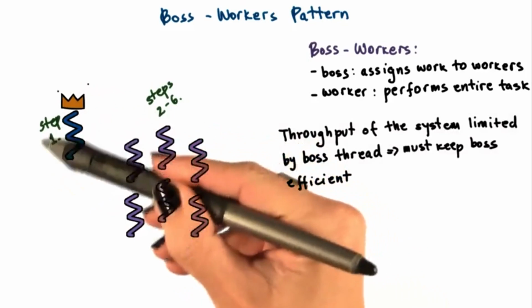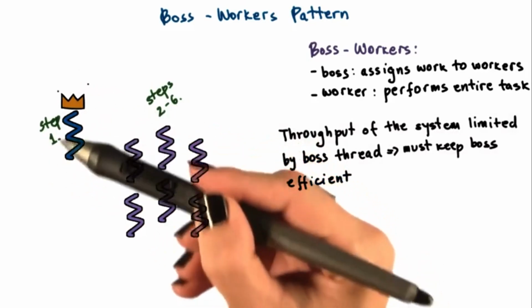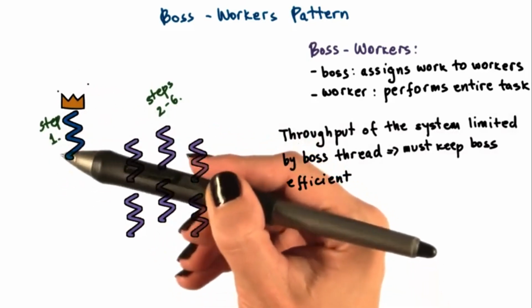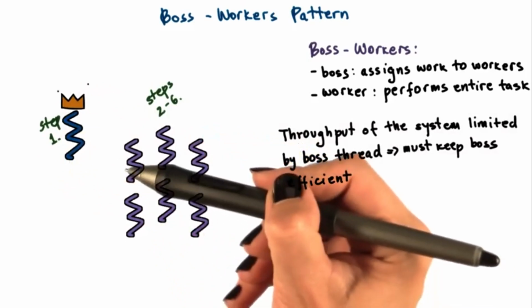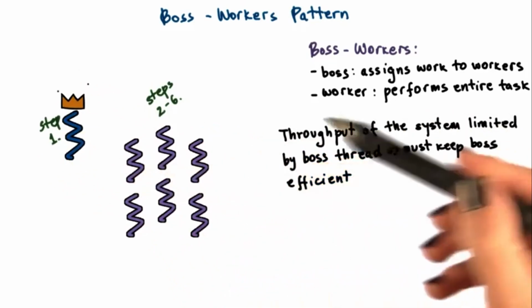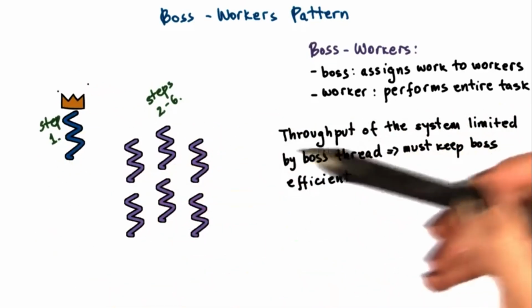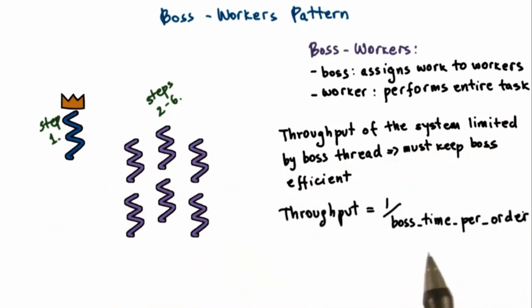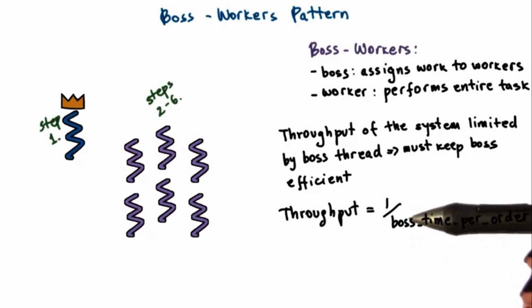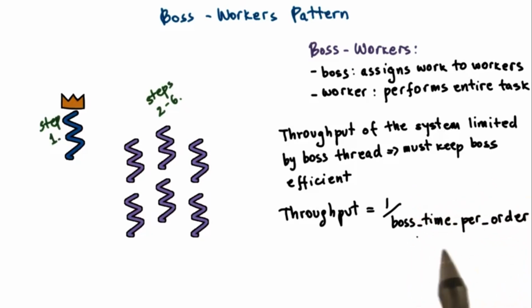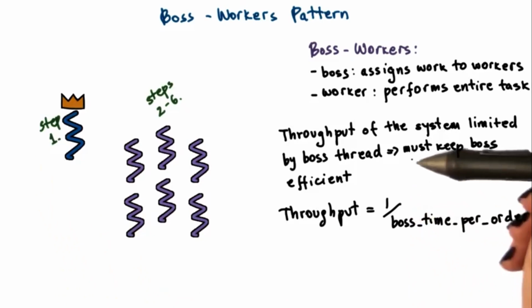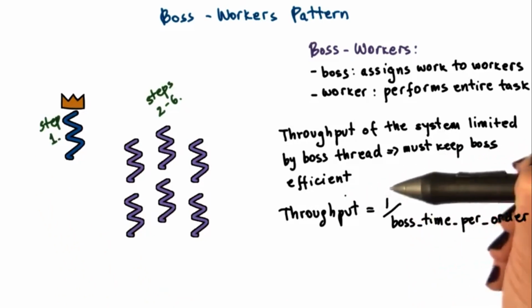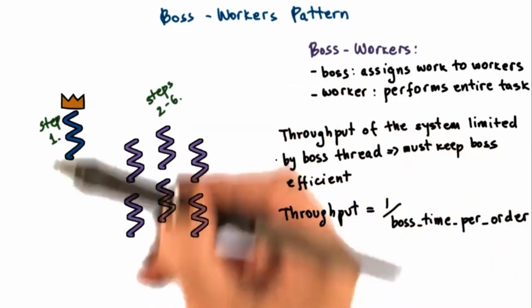Since we only have one boss thread that must execute on every single piece of work that arrives in the system, it means that the throughput of the system overall is limited by the boss's performance. Specifically, the throughput of the system is inversely proportional to the amount of time the boss spends on each order. So clearly that means that we must keep the boss efficient if we want to make sure that the system